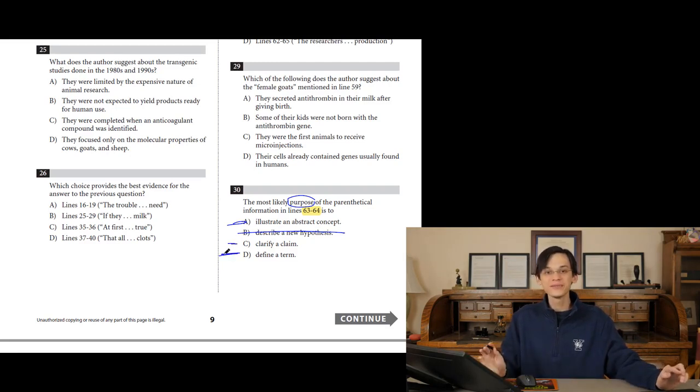This is a very hard passage. They're very tricky on this one. Whoever made this passage, good for you. You deserve a raise. Help the College Board. If you're listening, give them a raise.